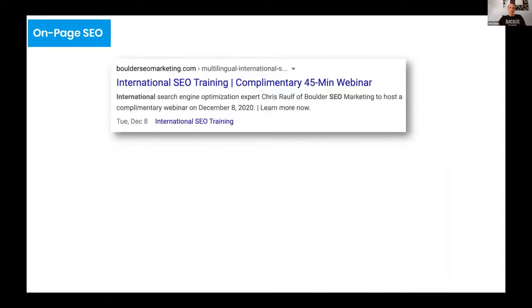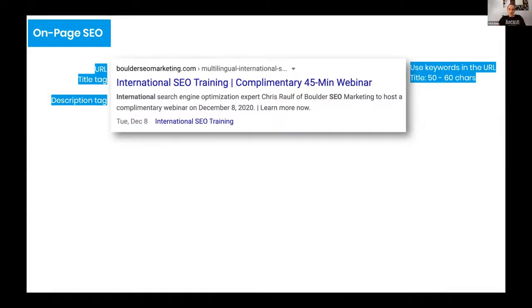All right, a snippet is made up of a URL. So on the back end, in the meta tags, you want to include a keyword in your URL. Then this is called the title tag. You want to include the most important keyword in that title tag, stick to about 60 characters. The description tag should be enticing if people read that.